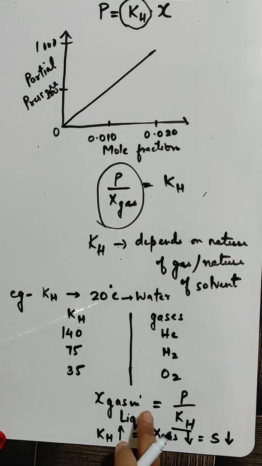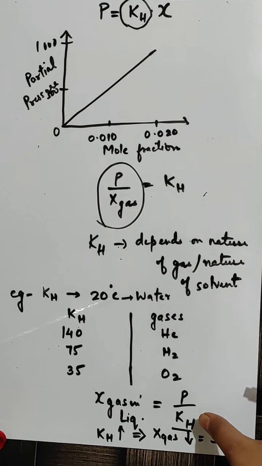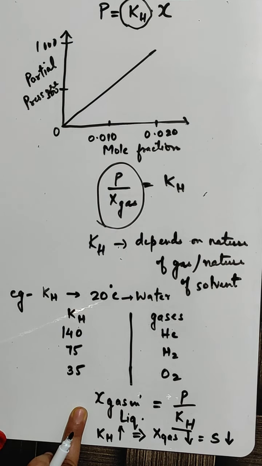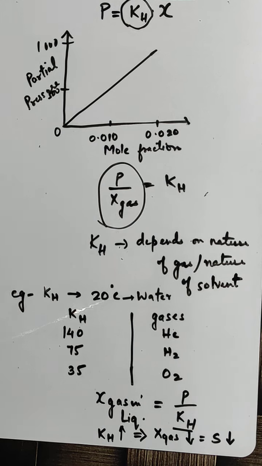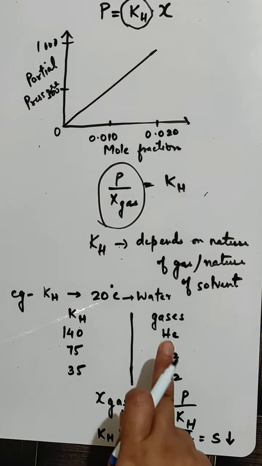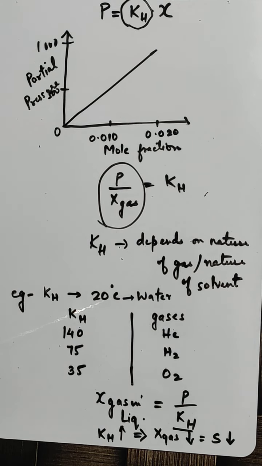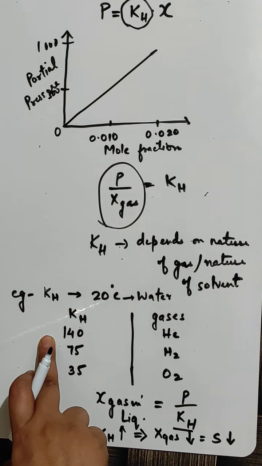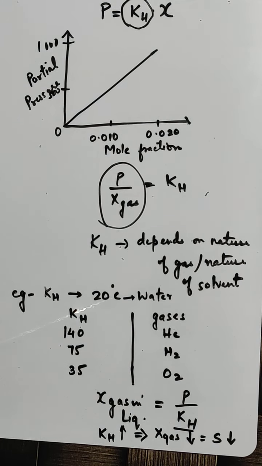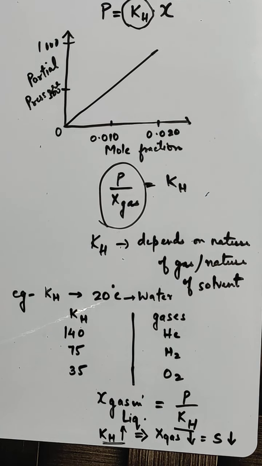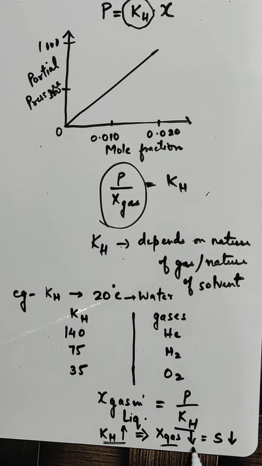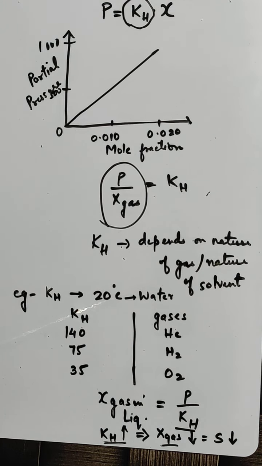This is because there is an inverse relationship between the KH and the mole fraction of the gas. Okay, so if we want to know the solubility of all the three gases written over here, and you have to find out which one is more soluble and which one is less soluble: if the value of KH is more, the mole fraction must be less, because the inverse relationship is there,